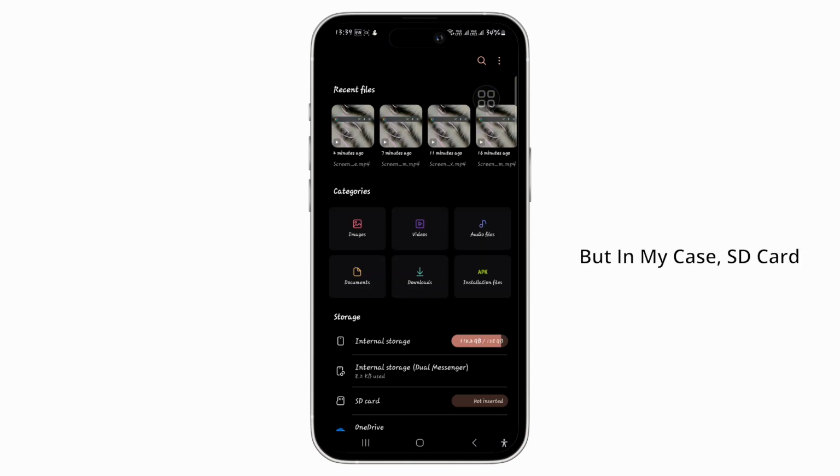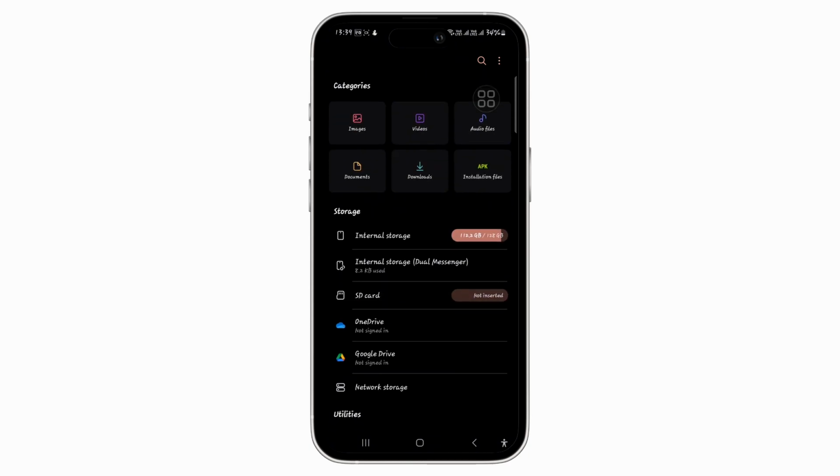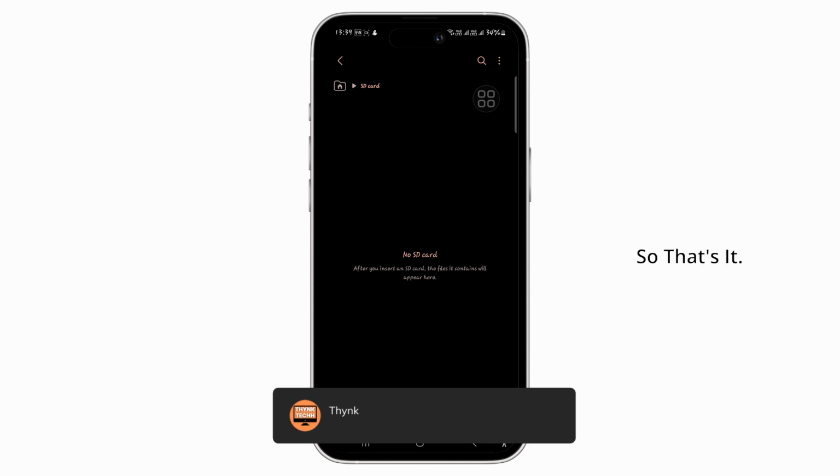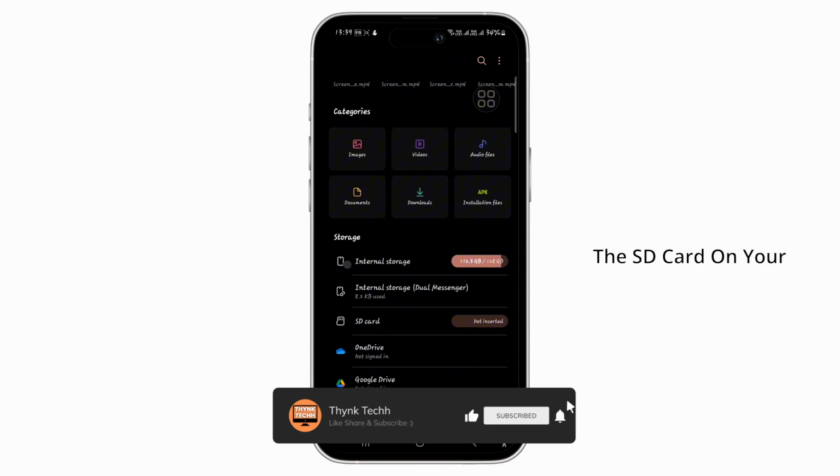But in my case, SD card is not inserted, so it is not available in my phone. But if you have it, go ahead and tap on this option. And here you'll be able to browse the files on your SD card. You can also share the files to different people or platforms. So that's it. This is how you can access or view the SD card on your Android